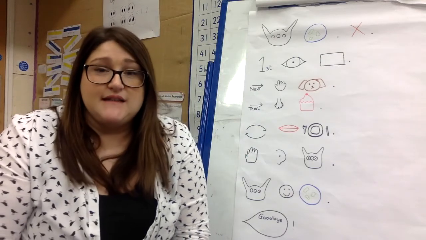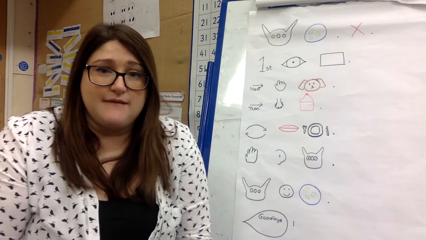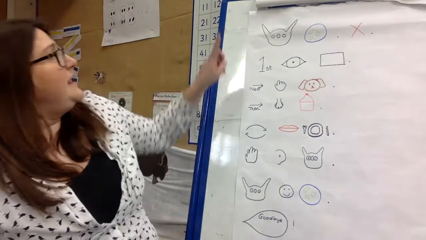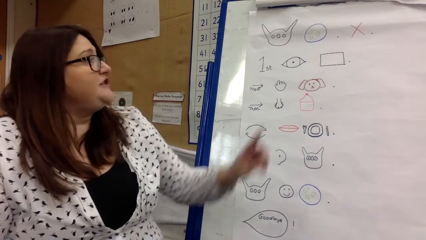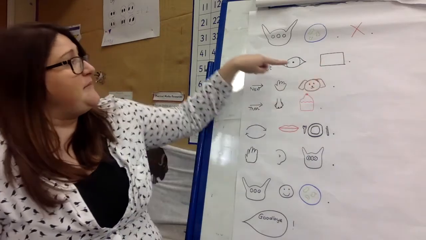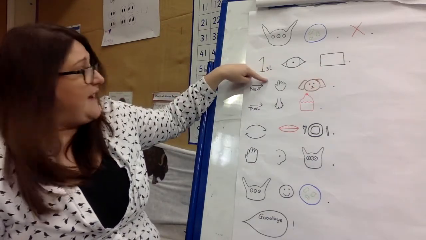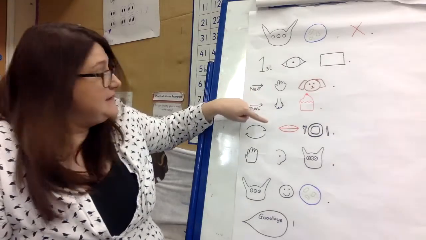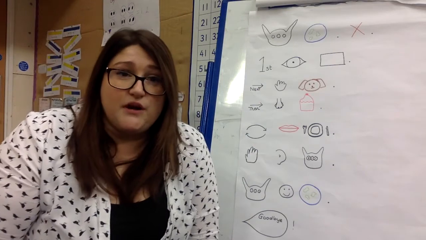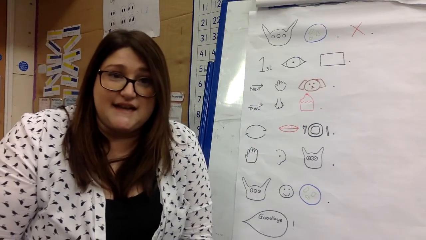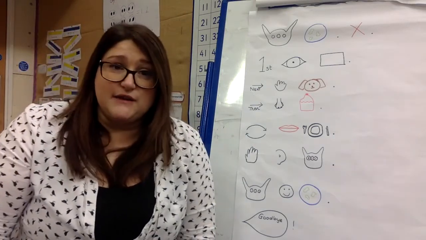Today we are going to be looking at the story map that we learnt earlier on in the week to tell the story of when Beegu came down to Earth. Now we are going to change the story today. So we are going to change the things that Beegu saw, felt, smelt, tasted and heard using the words that you came up with yesterday. So let's take a look at our story map.